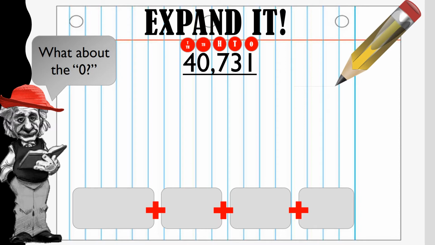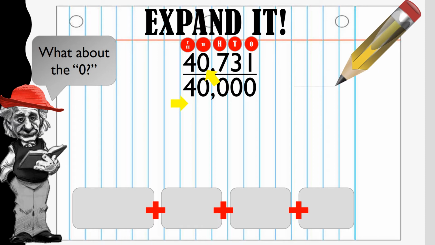Okay, let's get to work by starting in the 10,000s. 4 10,000s has a value of 40,000. Notice how I keep everything lined up. I kept the 4, everything to the right became a 0. Now we have this thousands place, and notice there's a 0 there. Well, 0 of anything is going to be 0. So in this case, I'm actually going to leave this line blank, and I'm just going to move on to